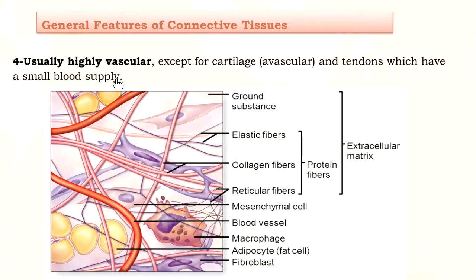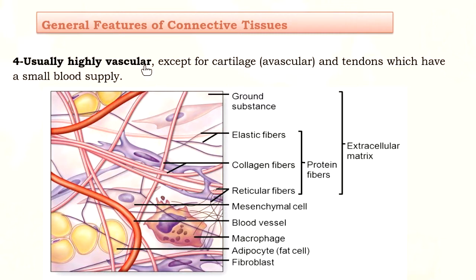As we already studied, epithelium is also avascular, cartilage is also avascular. The blood supply or the exchange of fluid and nutrition supply to these tissues is through connective tissue. That is why connective tissue is highly vascular. Here you can see clearly the different fibers in the connective tissue, then large blood vessels and different types of cellular components like macrophages, adipocytes. We will study all this in detail, but this is the feature of connective tissue, that it is highly